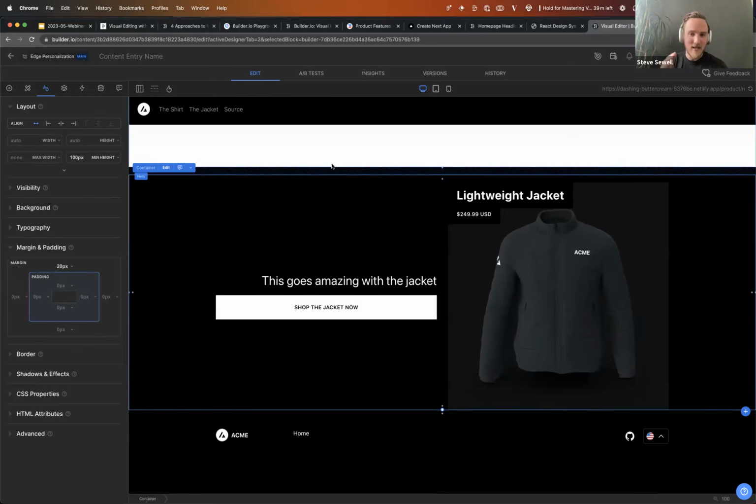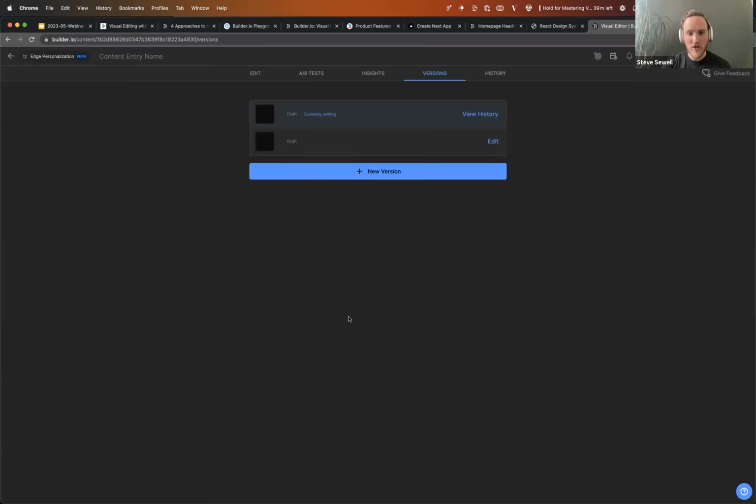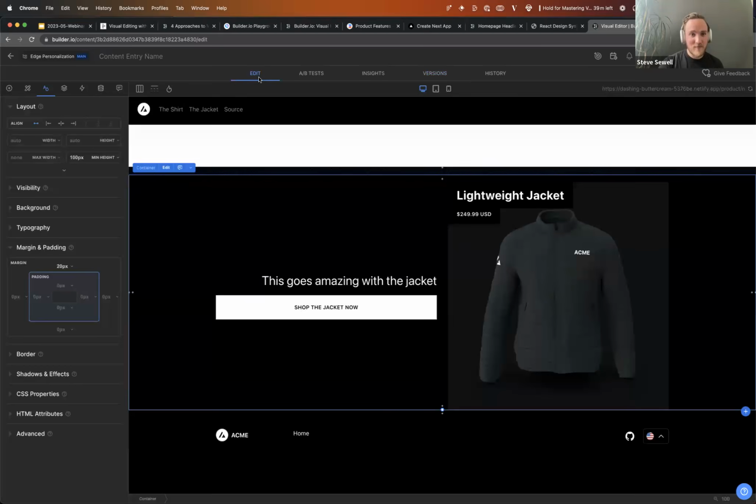You can make unlimited entries here. We have a versions tab to show you all the different versions. I only have 2. And you could publish and roll back and rearrange them anytime that you want. And so basically this works a lot like Git branching, though it happens over an API. So you might make a home page. And then in Builder, you'll duplicate it and make edits. You might then publish that, and that's now the live version, but you can later unpublish it to roll back